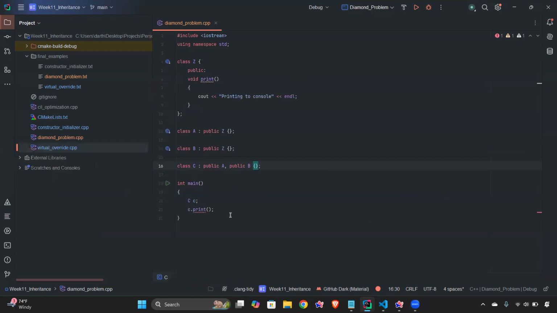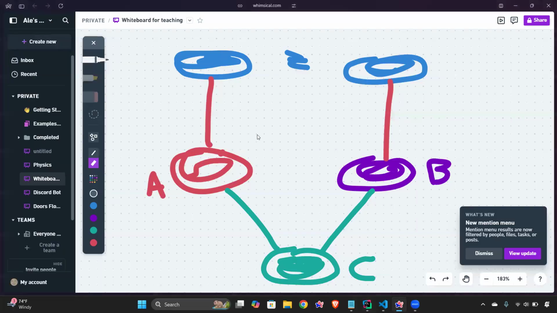Anyways, the way to fix the diamond problem, the way to address the diamond problem, is through virtual inheritance via the virtual keyword. So what virtual inheritance does is it changes this setup where it inherits twice to something that looks more like